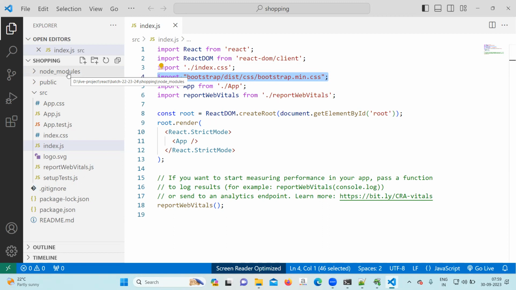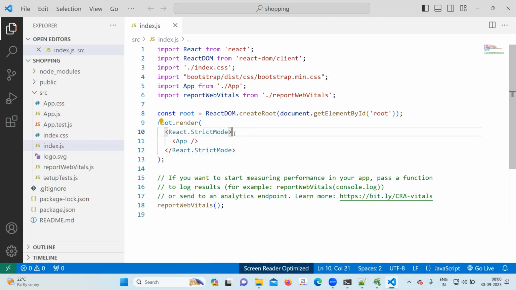After that, in the index.js file or any component, you can call it component-wise, but there is no logic to call it component-wise since the library is the same. So call it in one place in index.js and it will work everywhere throughout the project.